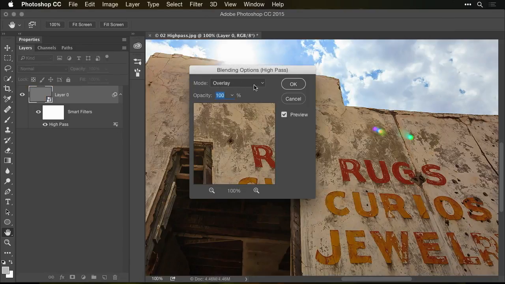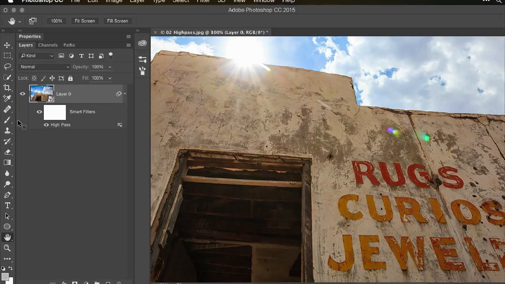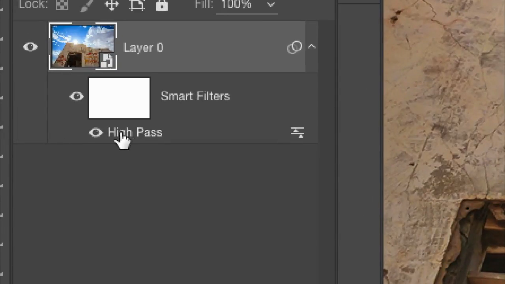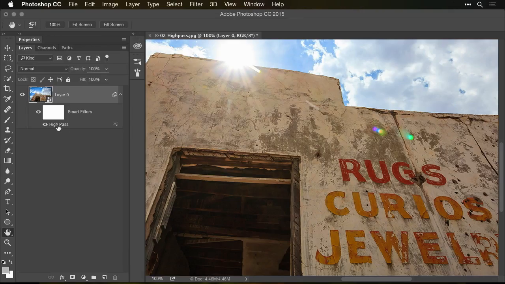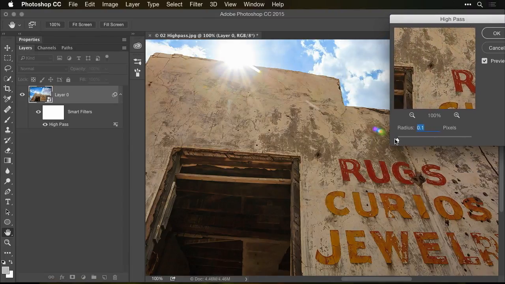And I told it to use overlay mode. At that point, I have everything set up the way I want to. And the only thing I need to do is actually choose what settings to use with high pass. So to get back into high pass, I double-clicked right there on the words high pass. And now I'm in high pass, and I can fine-tune my settings